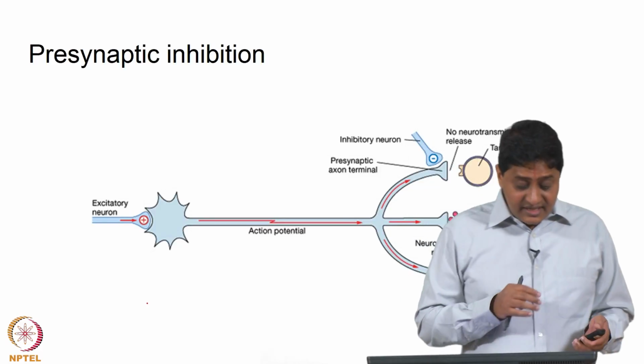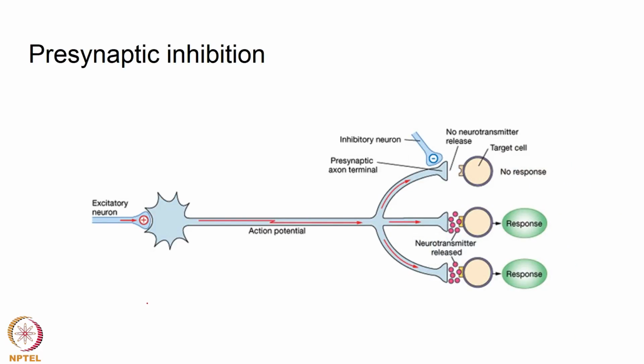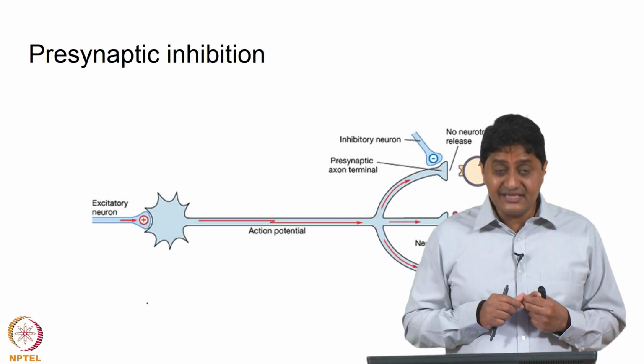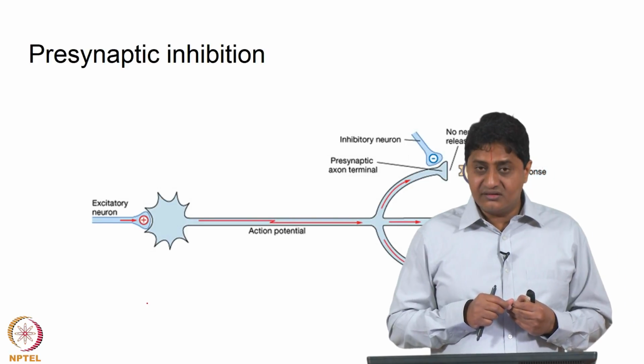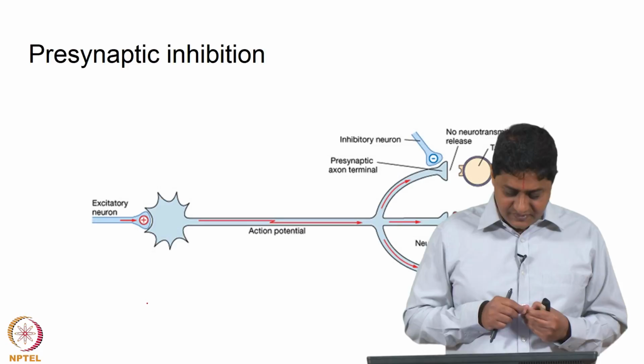So, what we have seen here is a case in which inhibition is caused due to postsynaptic mechanisms involving neurotransmitters. And then I said there is a case in which I could excite a neuron to cause inhibition in the postsynaptic neuron. How is this possible? That is the question. This mechanism is a very special case.